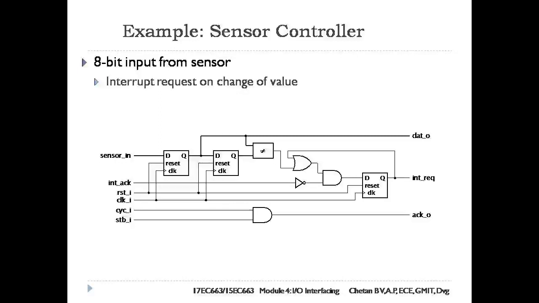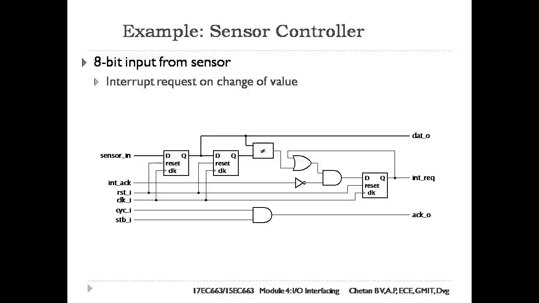Solution: the controller contains a register for the input value. Since we need to detect changes in the value, we also need a register for the previous value, that is, the value on the previous clock cycle. When the current and previous values differ, we set an interrupt request state bit. Since there is only one interrupt source, we can use the int_ACK signal from the processor core to clear the state bit. The controller circuit is as shown in the figure.